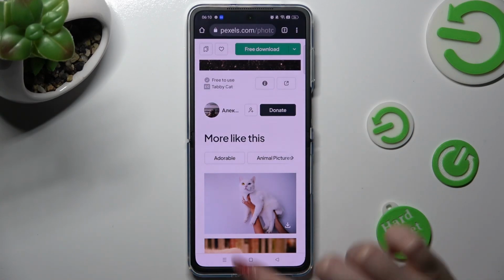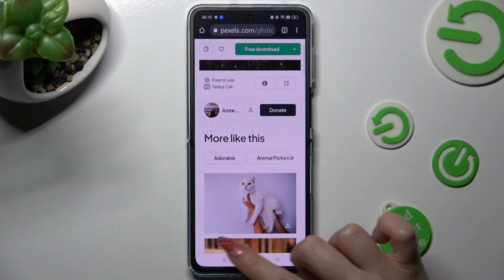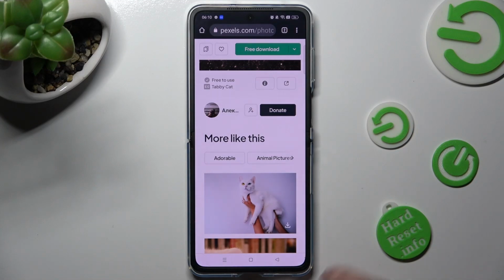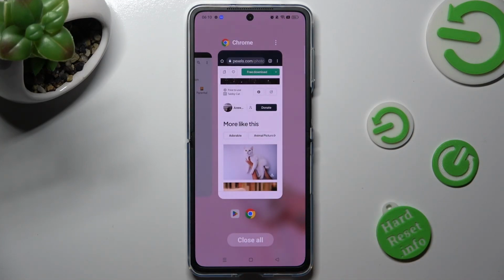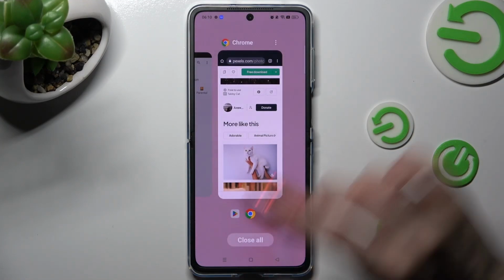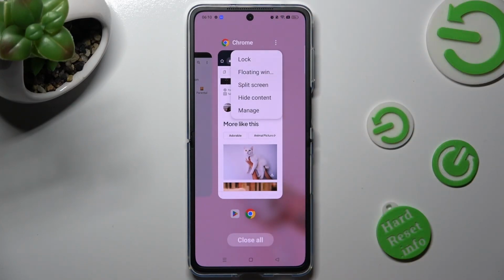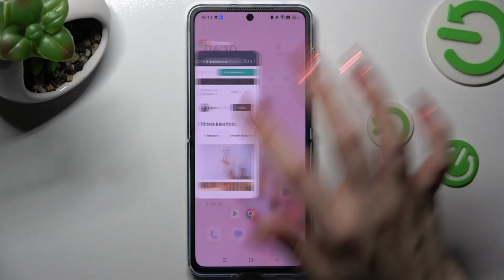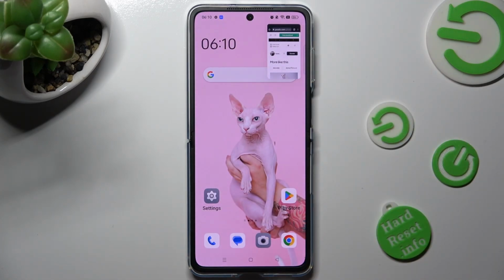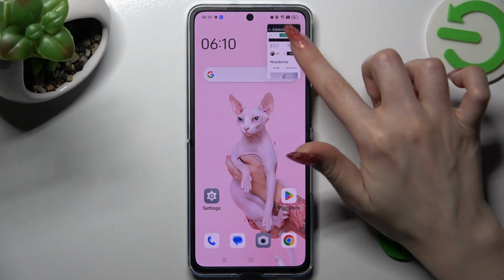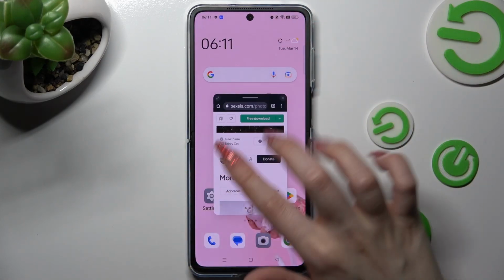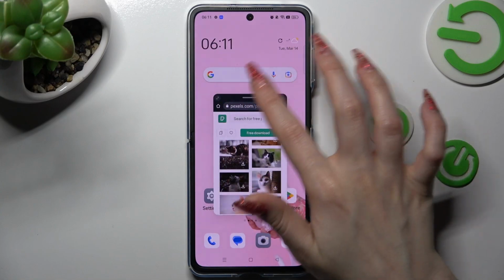If you are using Tricks navigation, you can do that by tapping on this button with 3 lines. Then click on those 3 dots at the top right corner of your app and select Floating Window. After that, just click on this tiny one, and as you can see, now I can use my app in